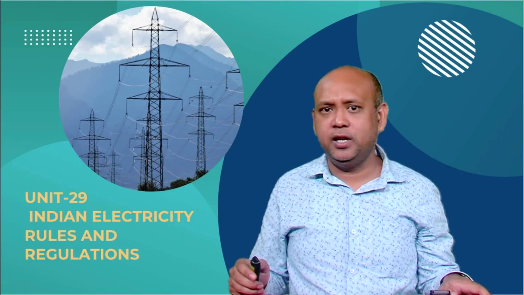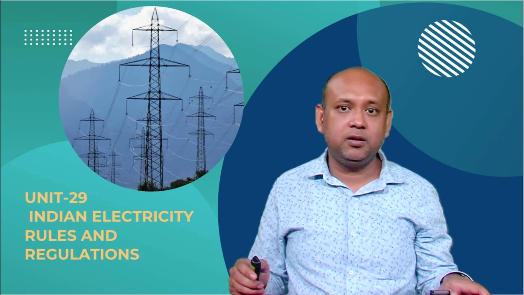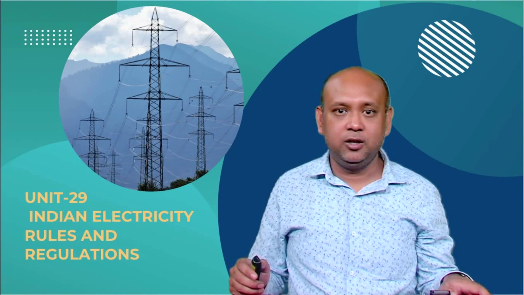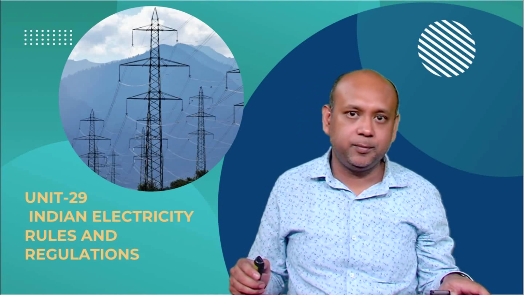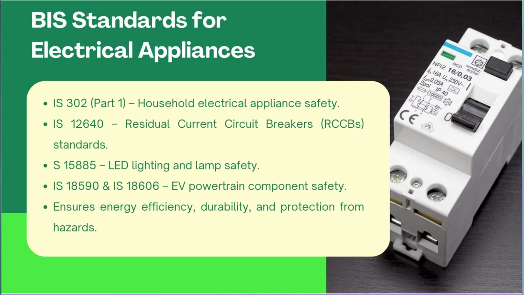Apart from electrical installations, BIS also sets safety and performance standards for electrical appliances to ensure that the consumer is safe. Some important standards include IS 302 Part 1, which is related to general safety for household electrical appliances, aligning with international IEC standards. Then we have the IS 12640 code, which provides standards for residual circuit breakers, providing protection